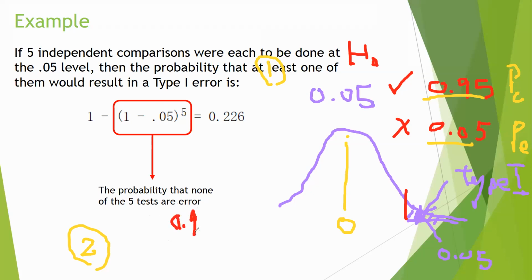Since these two tests are independent, we can simply multiply these two probabilities, right? Do you agree? So this is the probability for you to make two correct calls, right? Does that make sense? And this actually equals